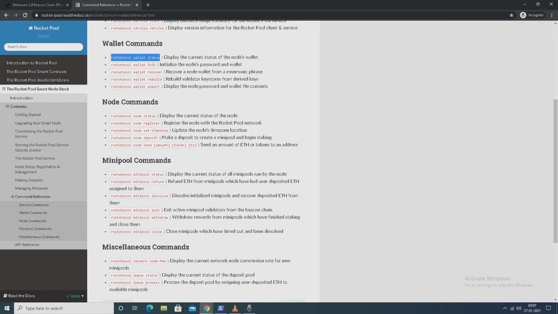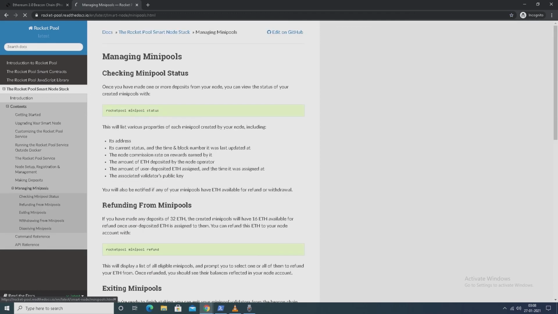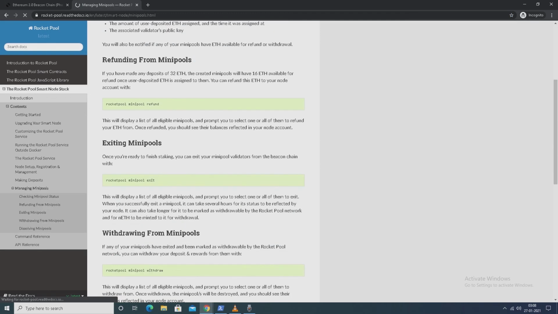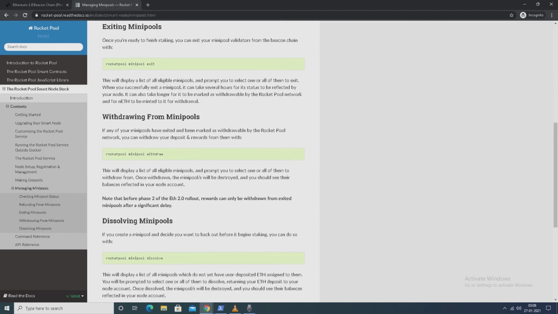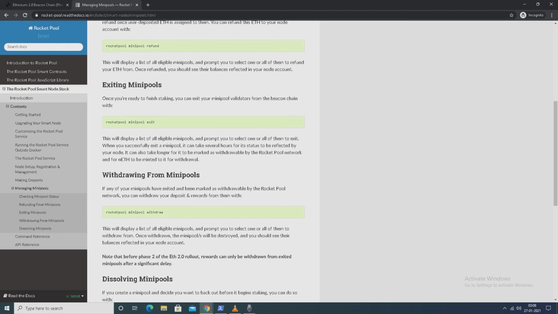For withdrawing, next we have to type in Rocket Pool minipool withdraw, then only you will find the ETH balance will show up. So managing minipools, you can read the documents. So we have done with Rocket Pool minipool exit. Now we will withdraw.